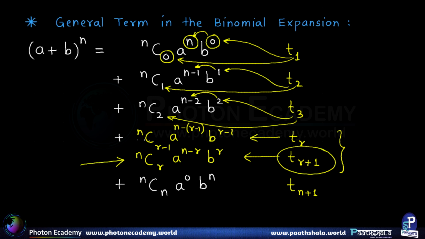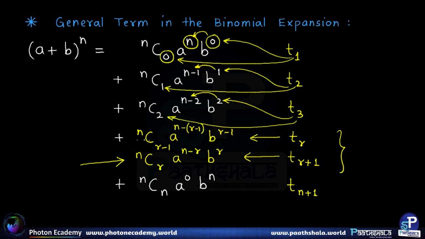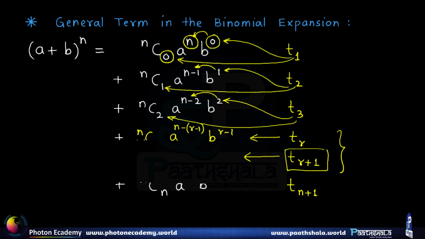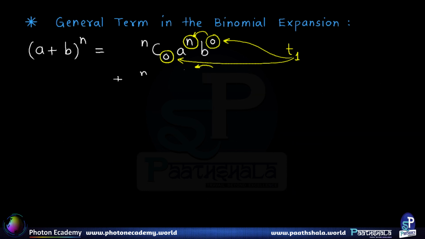So therefore we remember this result as the formula for a general term in the binomial expansion. Remember that the formula for tr is not wrong, it is perfectly fine, but it is slightly clumsy. So better we remember the formula for tr plus 1 as the general result. Alright. So therefore we will now write the formula for the general term of